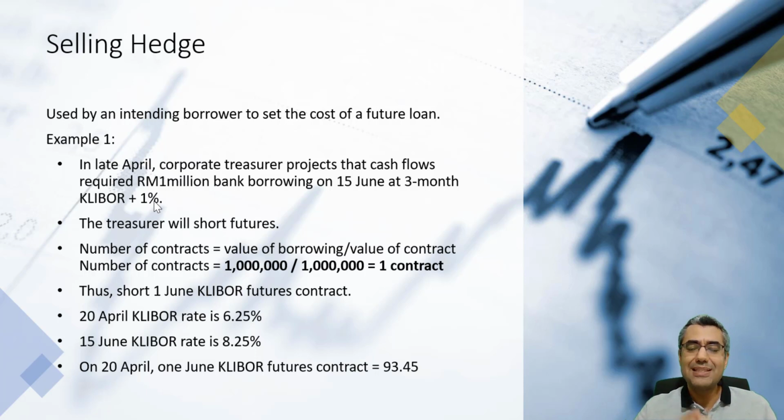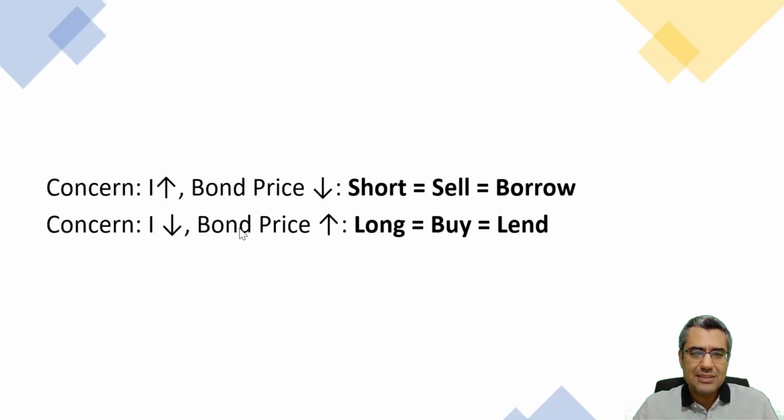So this means that the corporate treasurer is long. He's long on the underlying asset, which is a debt instrument, right? So how to hedge? Short futures contracts, right? To short financial futures. This is the reason the treasurer needs to short futures. I'm using the same concept that we discussed here.